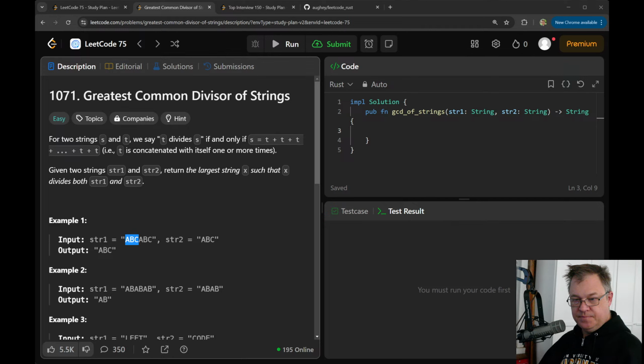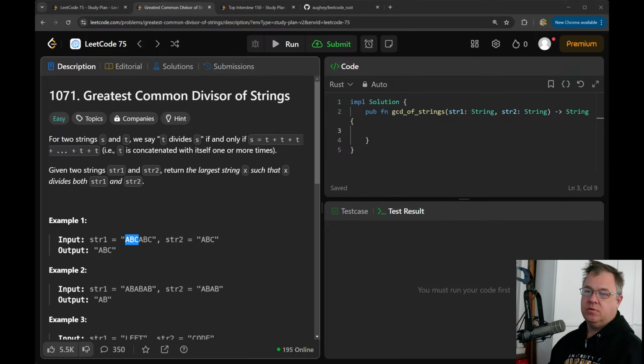Good. So we're missing that last one. We need to have this go all the way to the end here. Dot, dot, equal. Good grief. There we go.